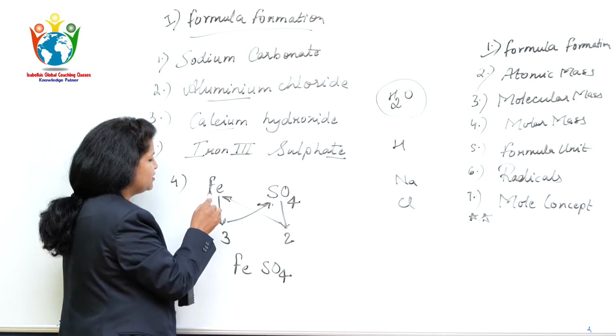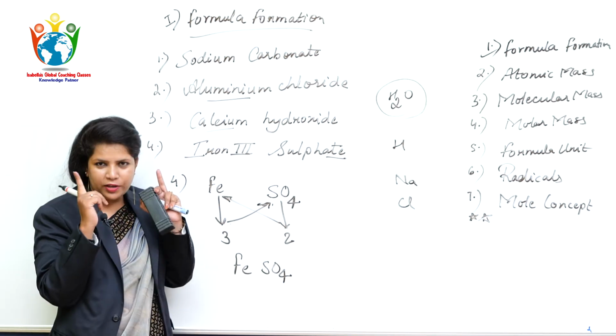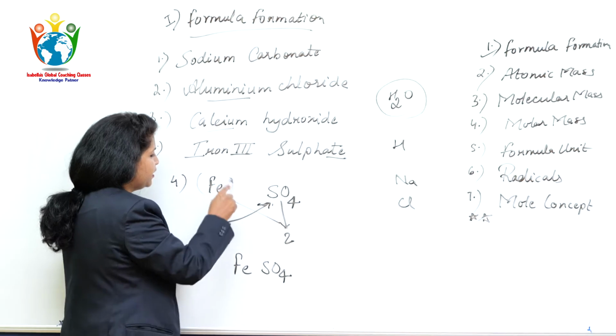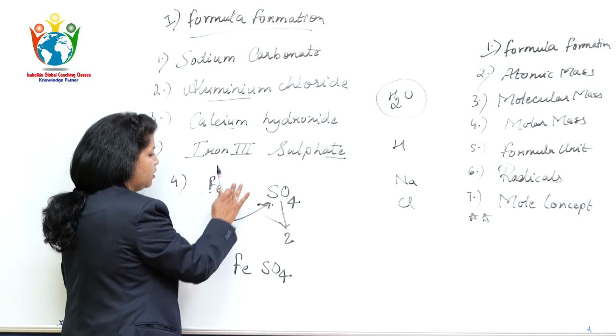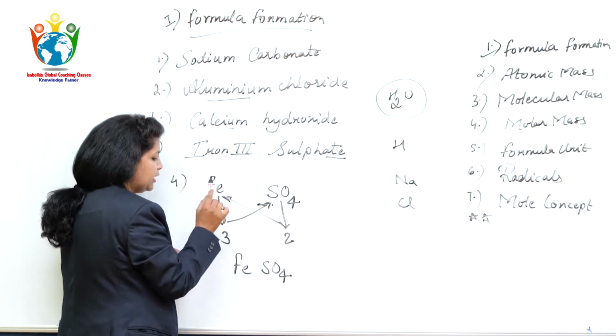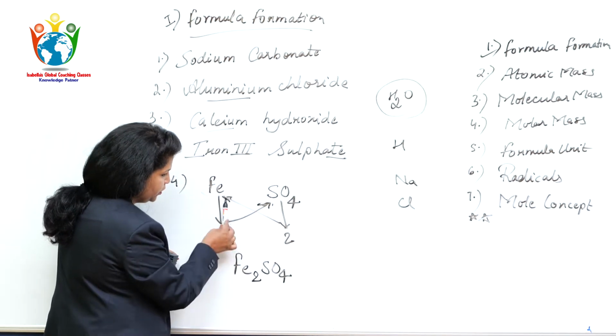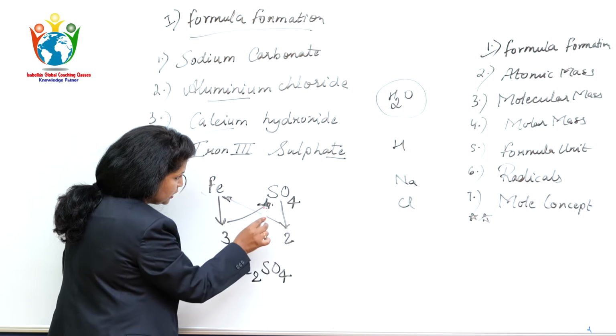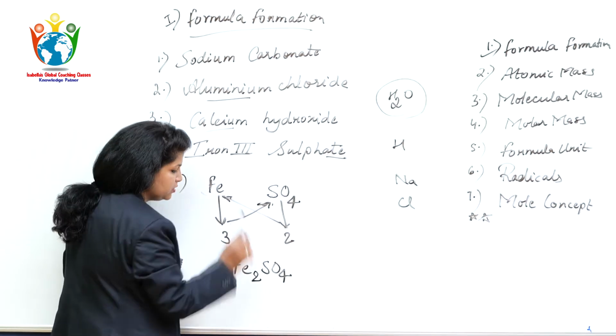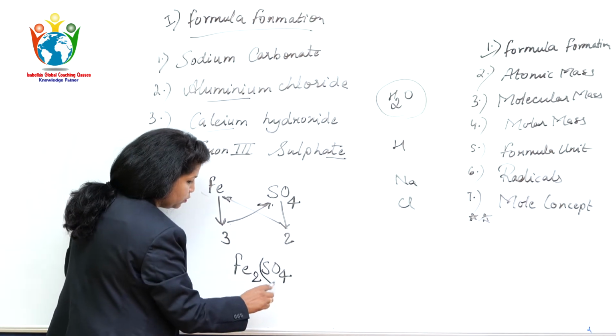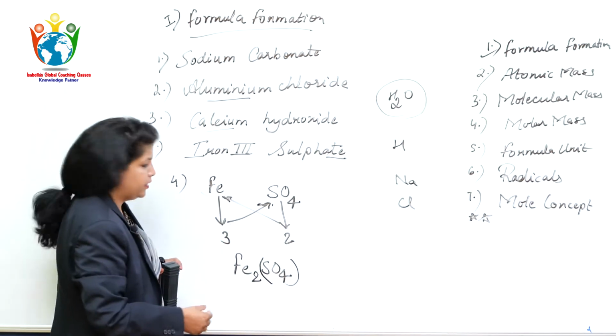They will assume this is F, this is E, and find these are 2 elements. So they will make the bracket and get it wrong. This is completely one element. You can bring this 2 over here. Now when 3 is going, sulfur is a different element and O is a different element. For this you need to put the bracket.